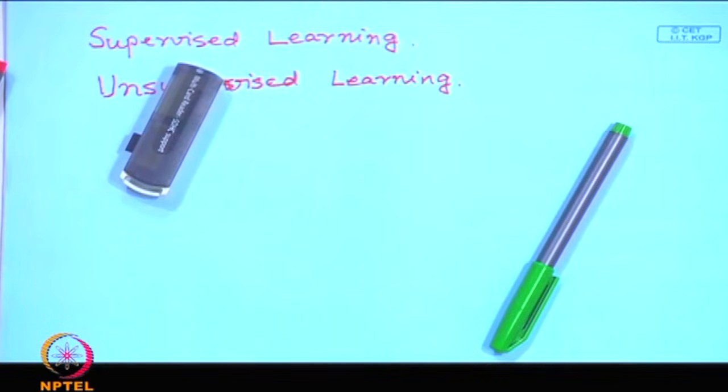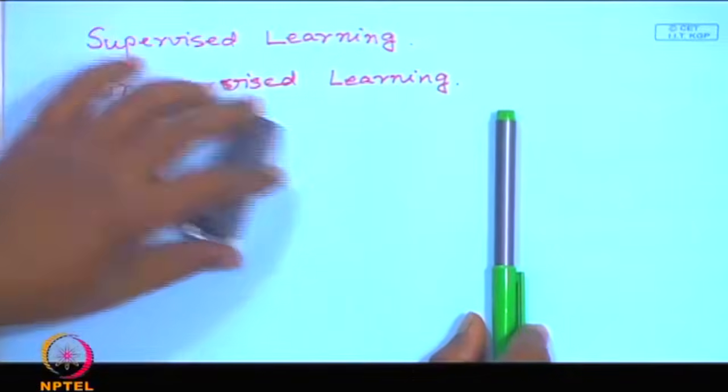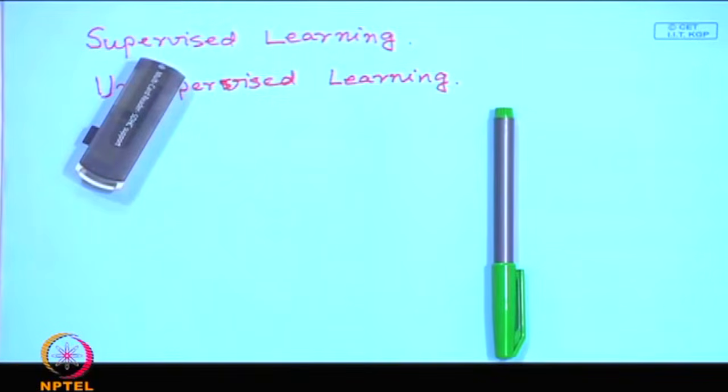Though as a human being, this is pretty obvious to me. I will simply say that these two are not the same, they are different. This is a pen, whereas this is a USB drive. But our challenge is how we expect the computer to do the same thing, to solve the same problem.